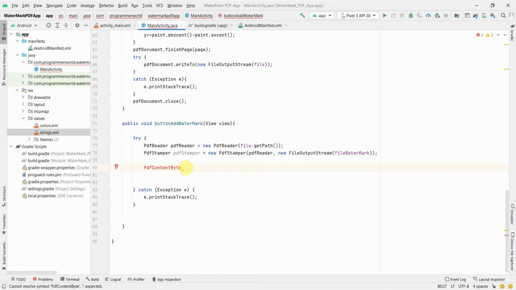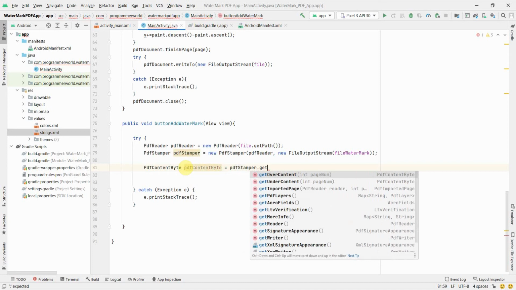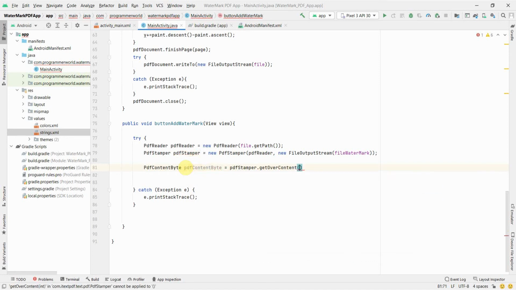Okay, and again I think if I press Alt+Enter, it will take care of that. And in this PdfContentByte we'll just use the PdfStamper we created above, and there are a couple of methods here, getOverContent, getUnderContent, all those things. So we'll use the getOverContent method to write, this is the main way it will write